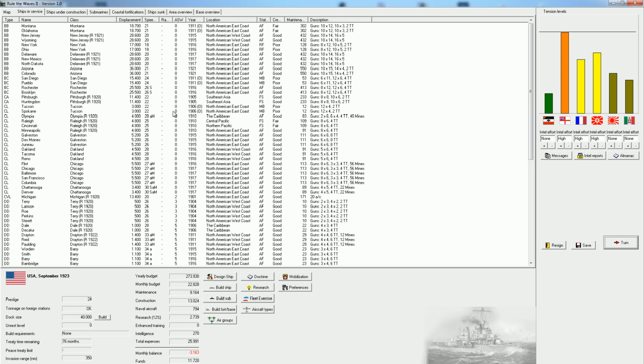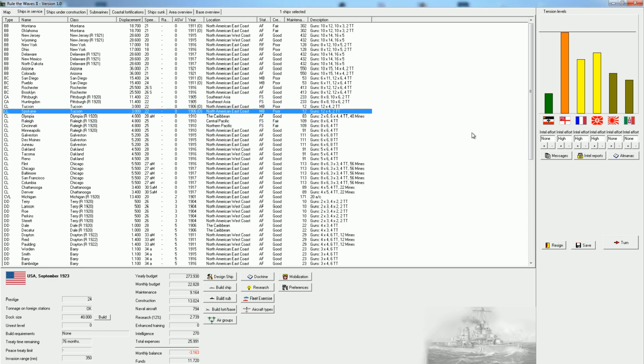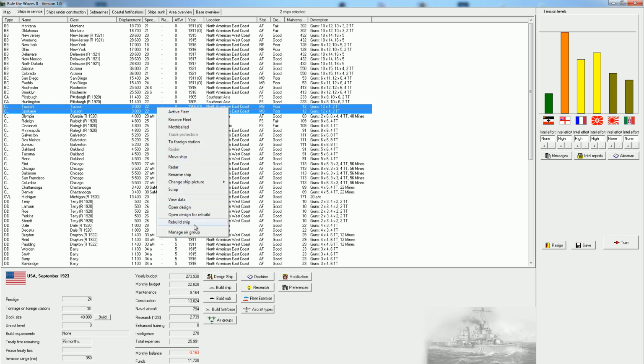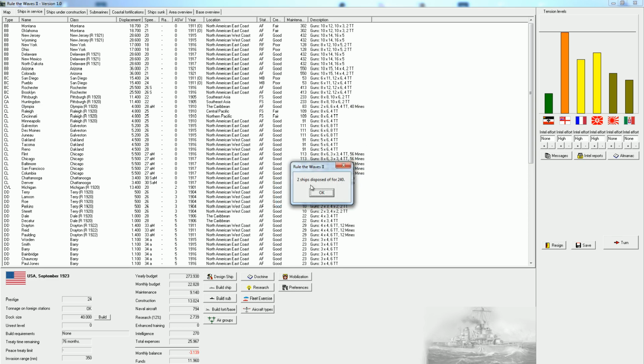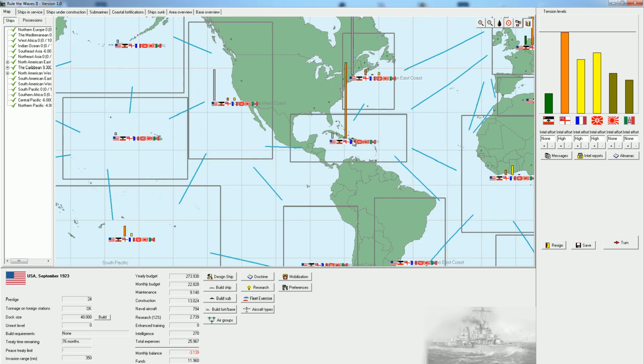Certainly don't want to do anything too rash over here. Do we need these Tuscans? What are they actually good for? 22 knots? These are junk, so yeah, let's just scrap those. I know we are at the eve of war, but I don't want to keep on spending...